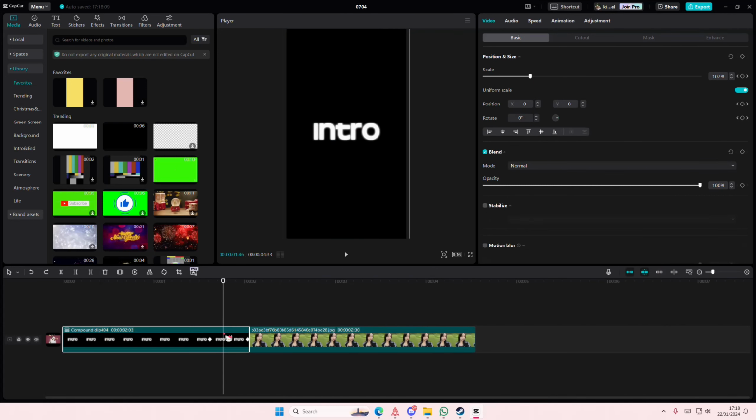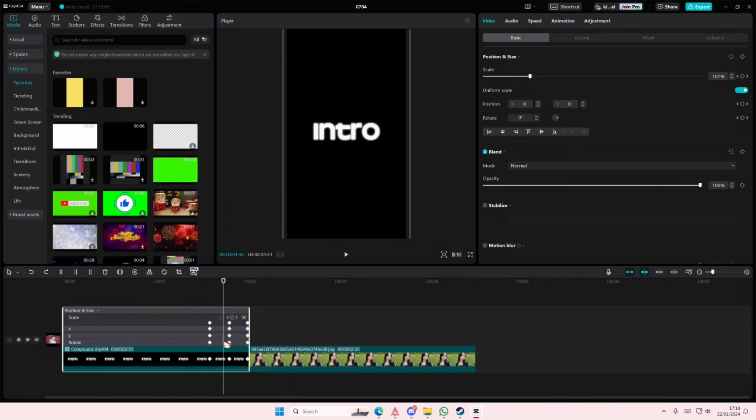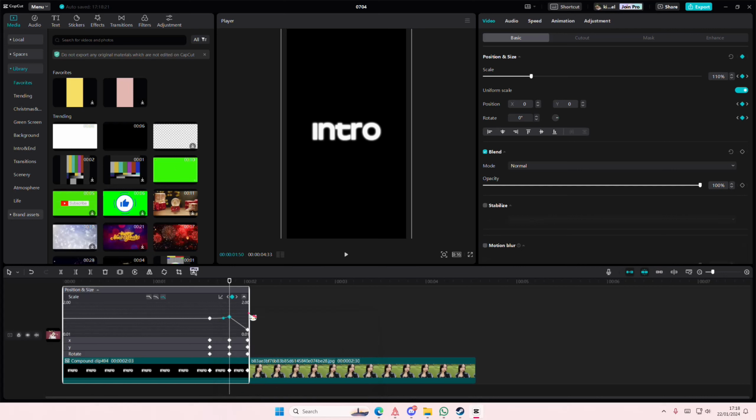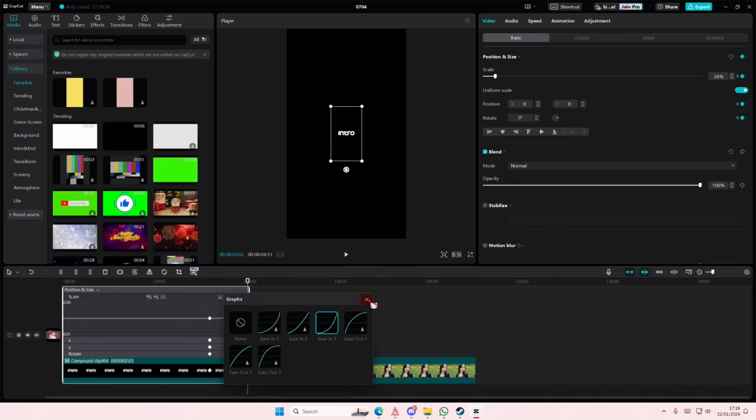Then in between the keyframes, right click, show keyframe animation, and you're just going to go to the scale one here, and you're going to select these and go to graphs and select ease in 3 for all of them. So for this one as well, I guess ease in 3. Okay,